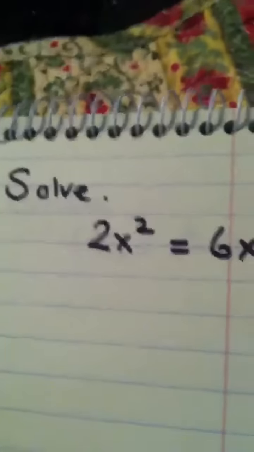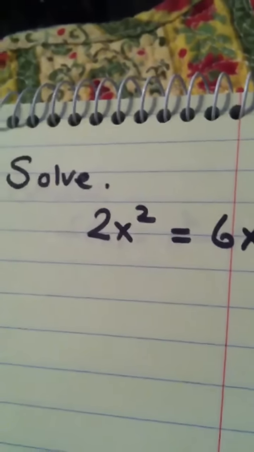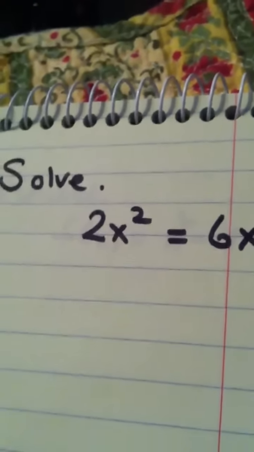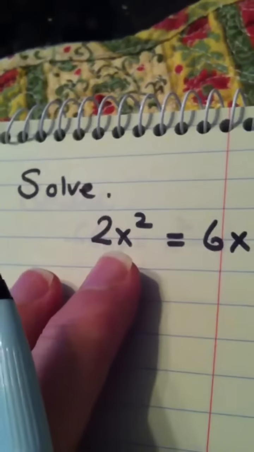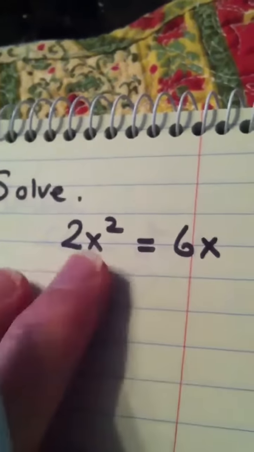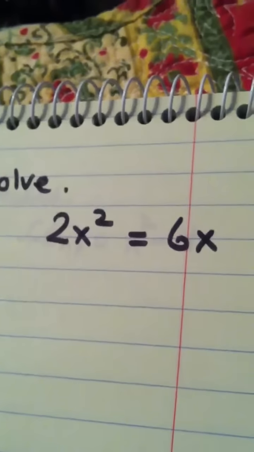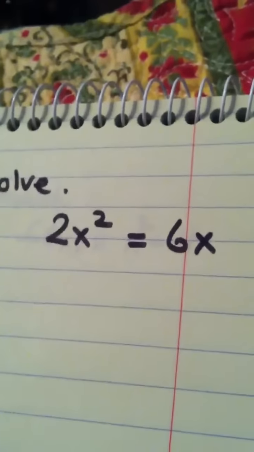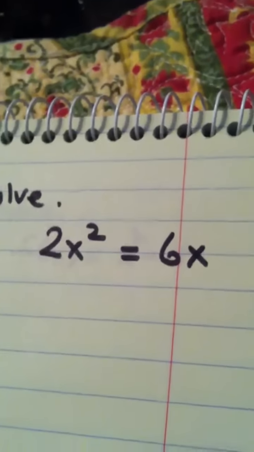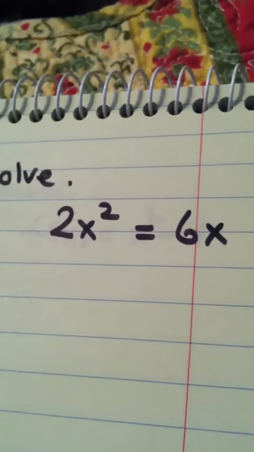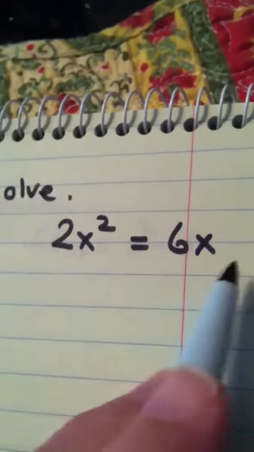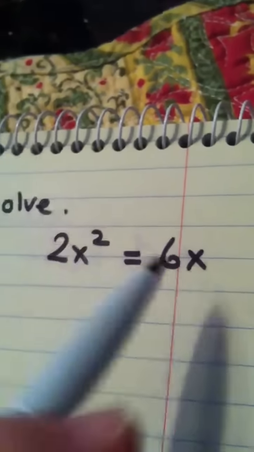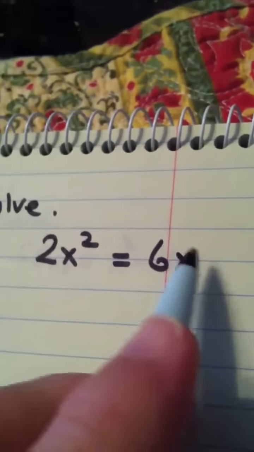All right, ladies and gentlemen, we're continuing with section 3.2 in my college algebra class. We have the equation 2x squared equals 6x, and we're asked to solve it. Now, so far in this section, we've used the method of factoring, the ZF property, and we've also used the square root property. This equation is not conducive to the square root property because there is an x that's just